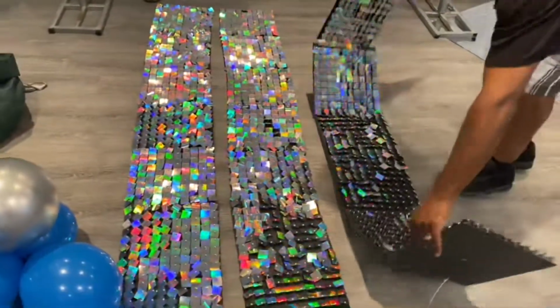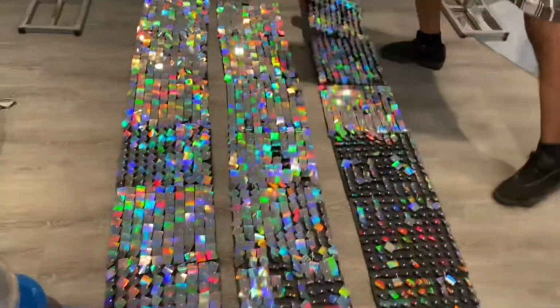And we have them together, and then we're going to put them on the backdrop like this with the zip tie. And there's the holes right there. So we put the zip tie between the holes, and then we're gonna connect it to the backdrop pole. So we're just laying out the pieces before we install it on the backdrop. We find it to be a lot easier